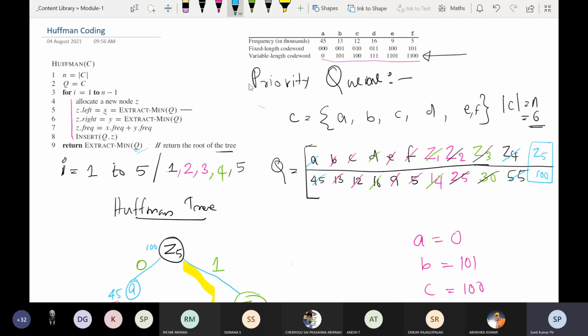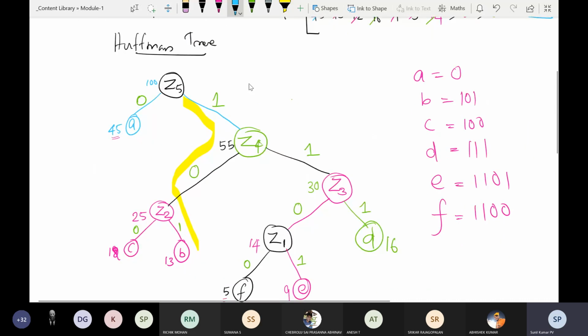So the video recording is available. If you are still in confusion, you can go back and watch that recording, and finally we will return the Huffman tree and we will get the code word like this. As I told, the link to the left child is designated as 0 and the link to the right child is designated as 1 consistently over all the nodes, and you have to traverse from the root to that particular letter. So suppose you are generating the code word for C, traverse from the root node to C and write the code word. So that is how it is.